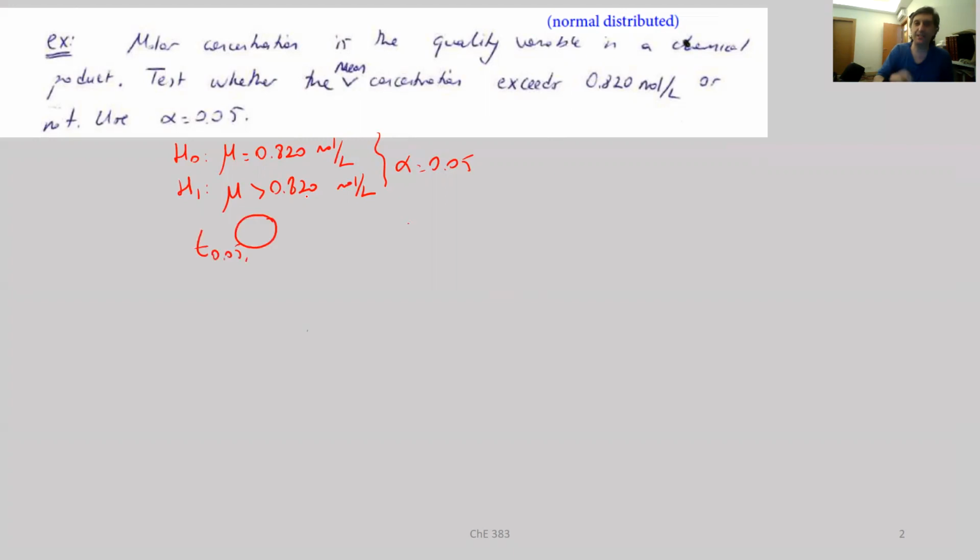Let's not see the samples yet. So we are going to conduct a test on 15 observations. So it's going to be 15 minus 1, t 0.05 with 14 degrees of freedom. This is the value that we need to find, and this value is 1.761, which we read from our textbook. So this is going to be our upper critical value or limit. And we are going to test whether t0 is greater than this upper critical value or not.